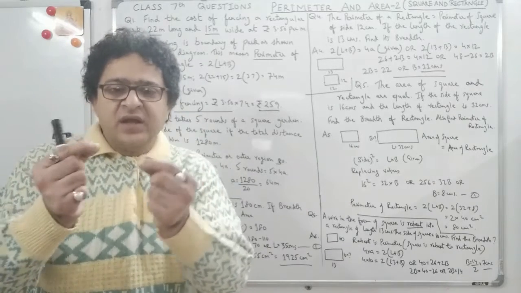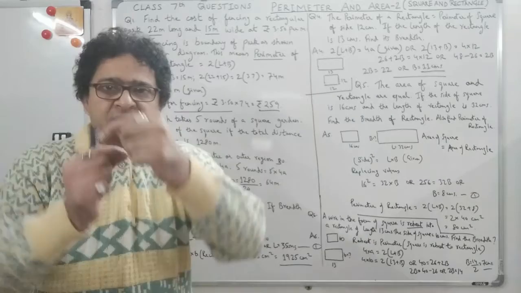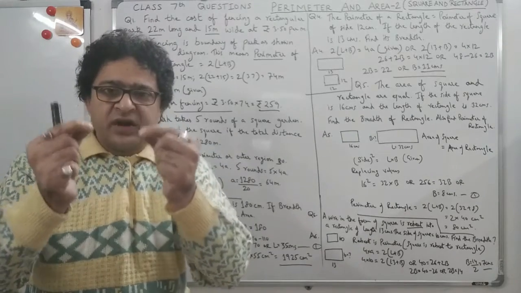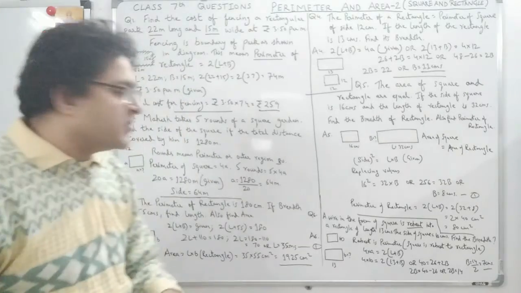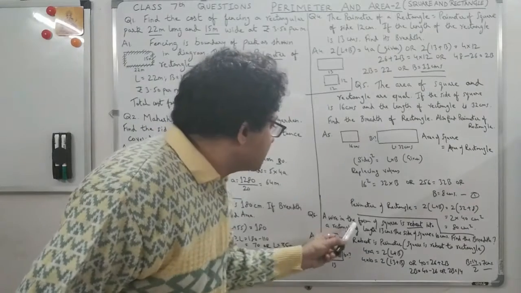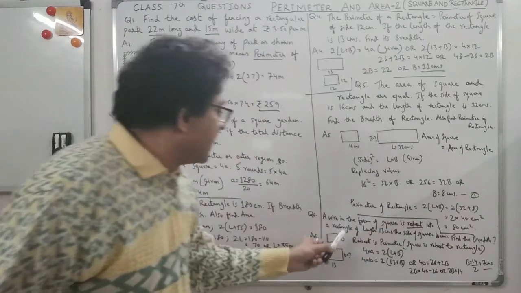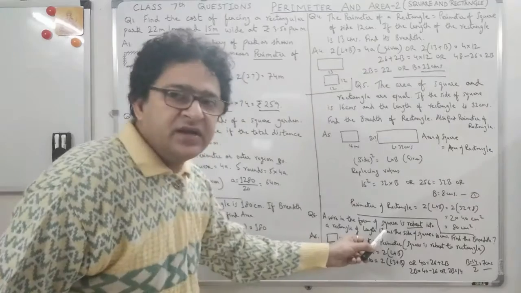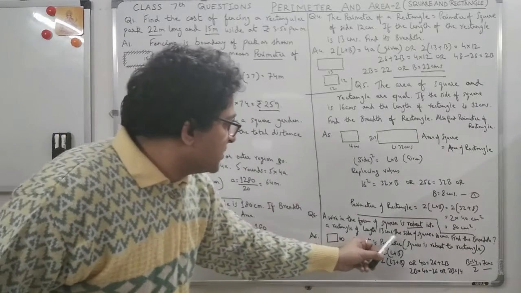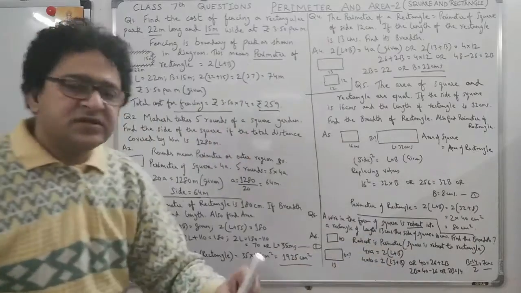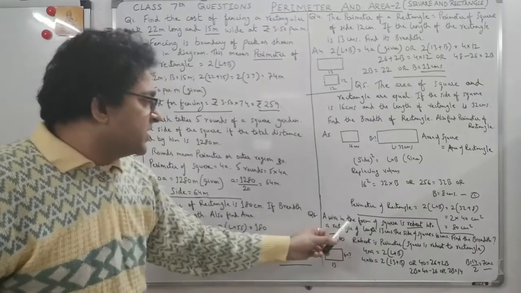Now this is a square, and I am twisting and turning it. Rebend means I am making it from a square into a rectangle, which means I am changing the boundary. So boundary is always the perimeter. So a wire in the form of a square is rebent into a rectangle of length 13 centimeters, right? Now they are saying the side of the square is 10 centimeters, and the square is being rebent.